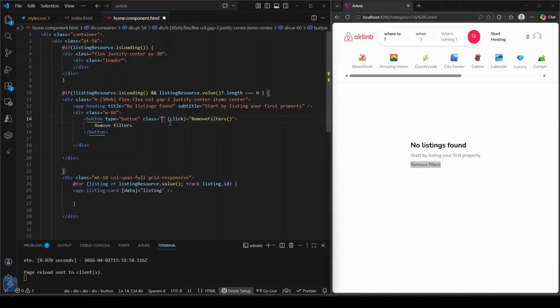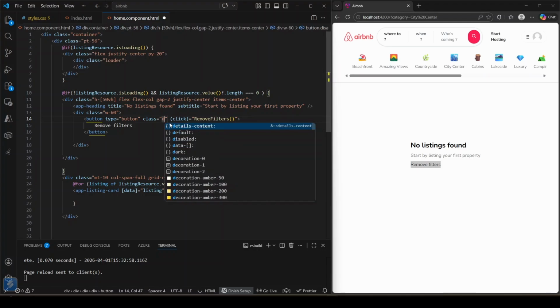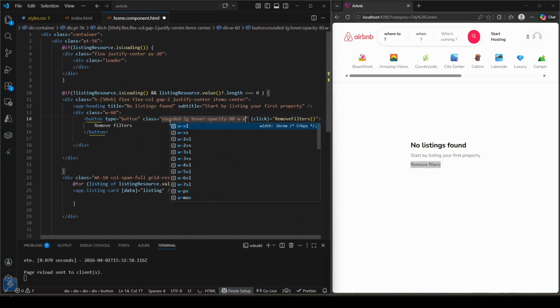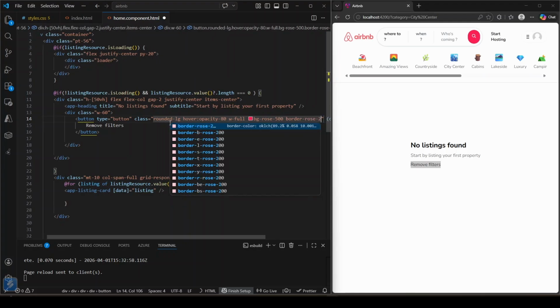It will be rounded, maybe large, and once I hover I want to apply an opacity of 80 and the width I want full. Also I want a background rose 500 and also border rose 500,